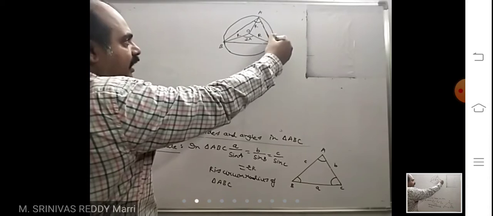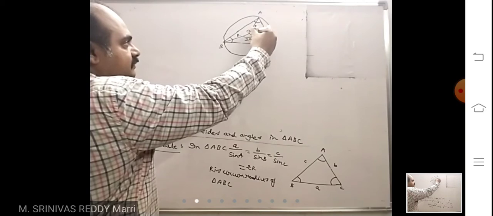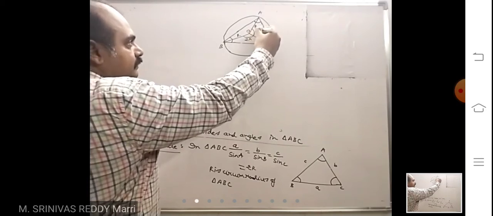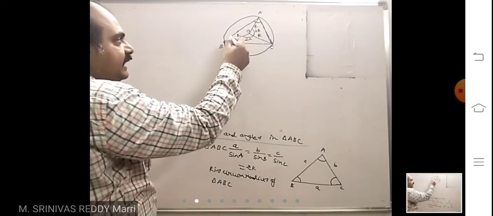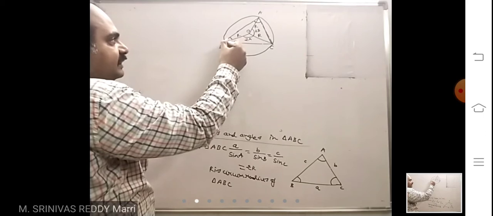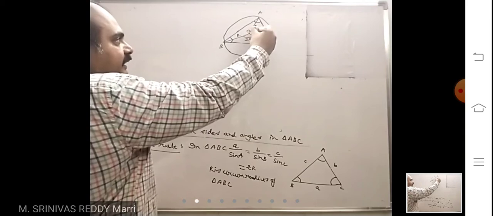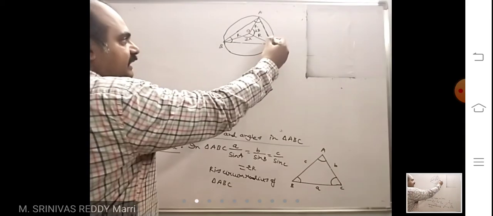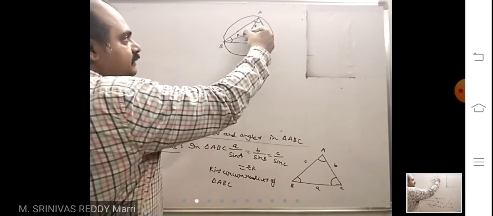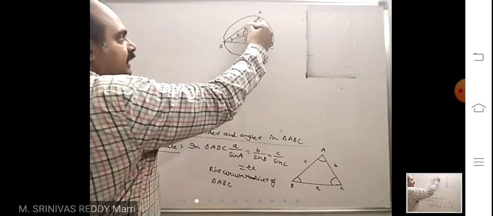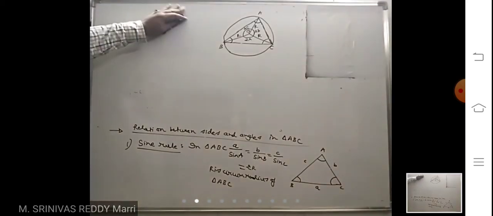Similarly, this is also a chord. This is angle B, and the angle at the center is also 2B. This chord is subtending an angle B here at this point on the major arc. Then this angle is B, and this angle will be 2B. Like that, similarly, if this angle is C, then this angle will be 2C. Look at, I am drawing 2C.